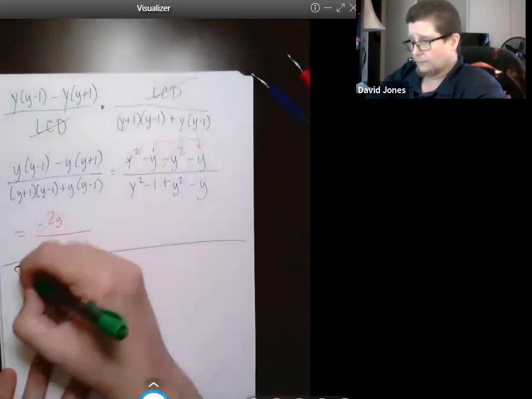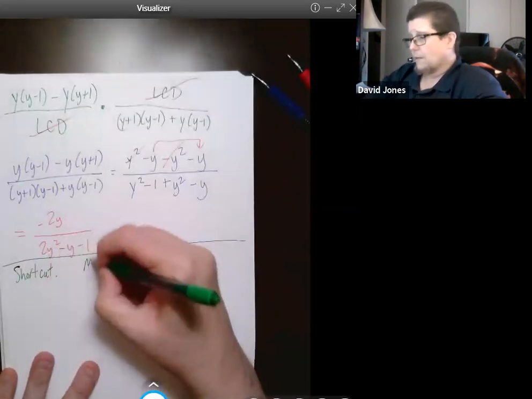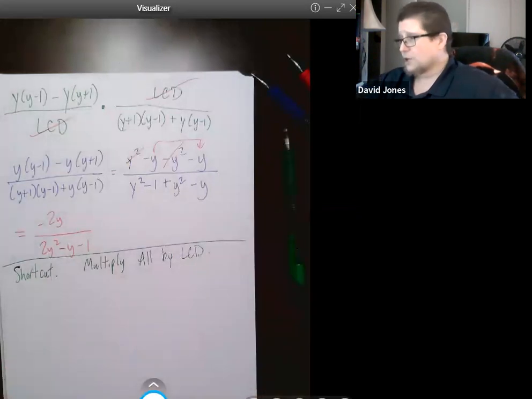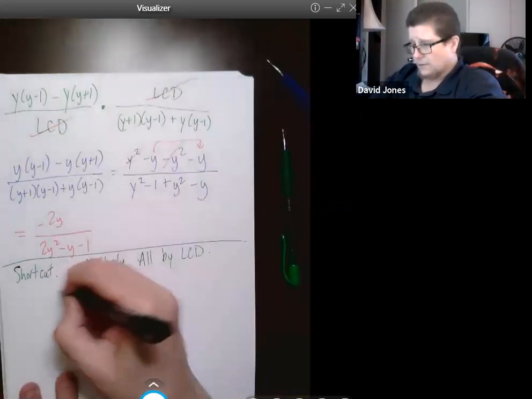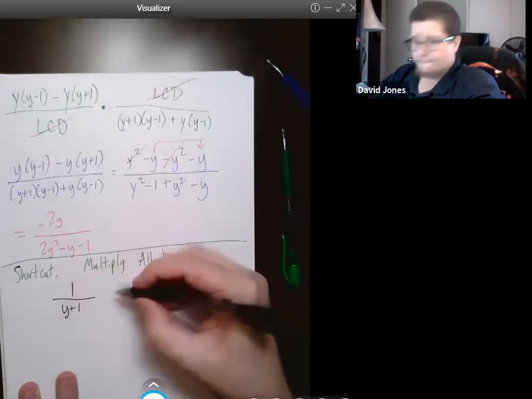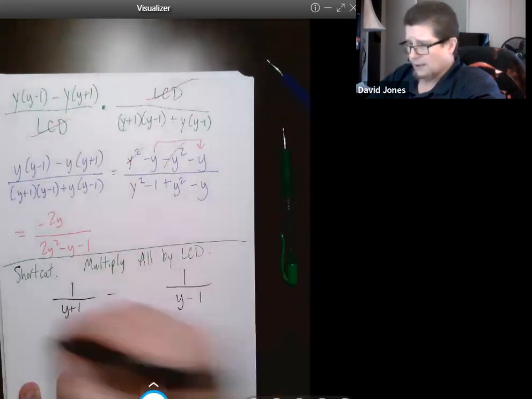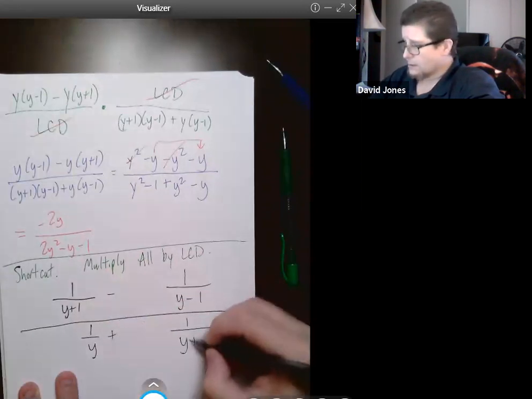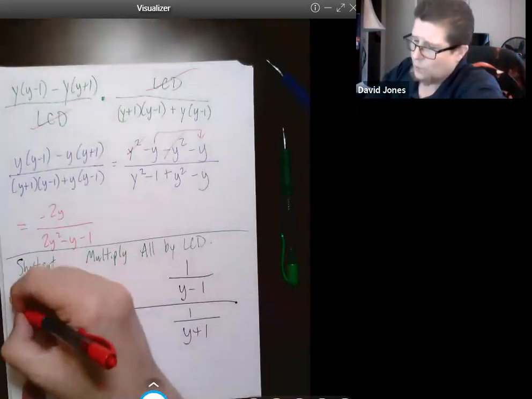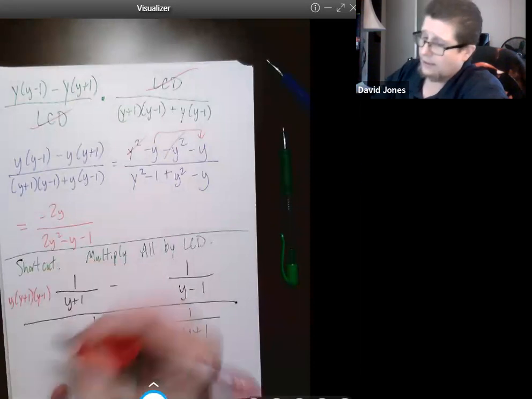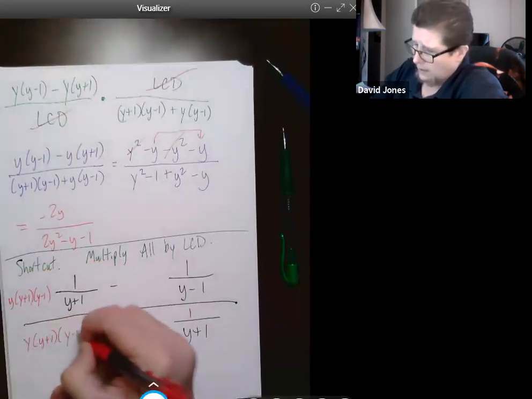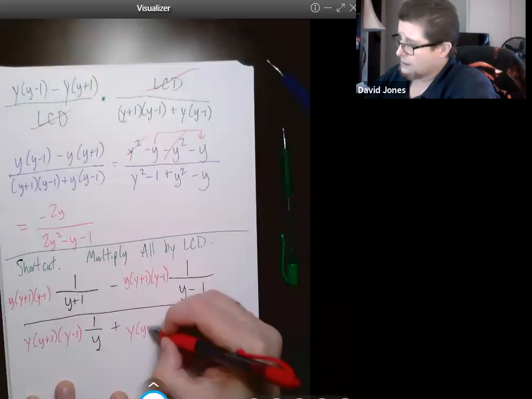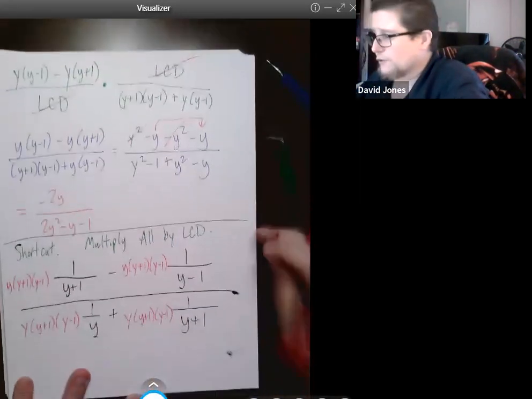Shortcut: multiply all things by the LCD. So let's go back to that 1 over y. And the LCD was y plus 1, y minus 1. You still got to find the LCD. If we multiply through by it,